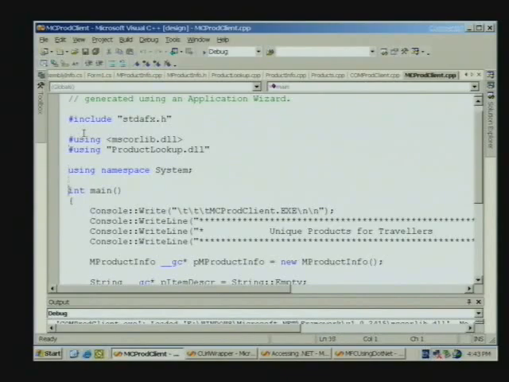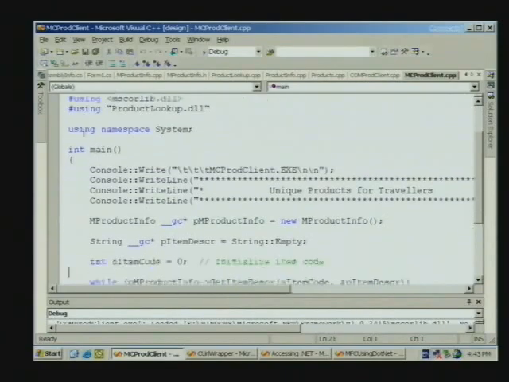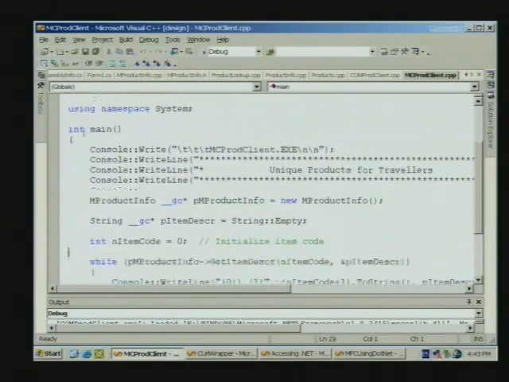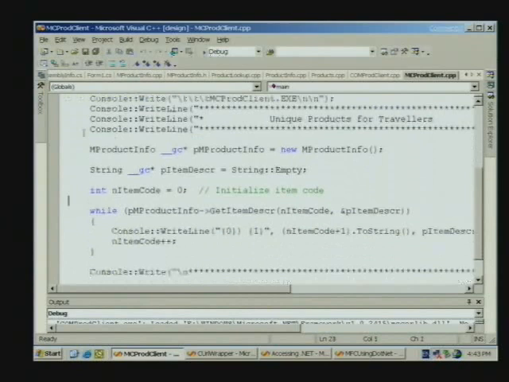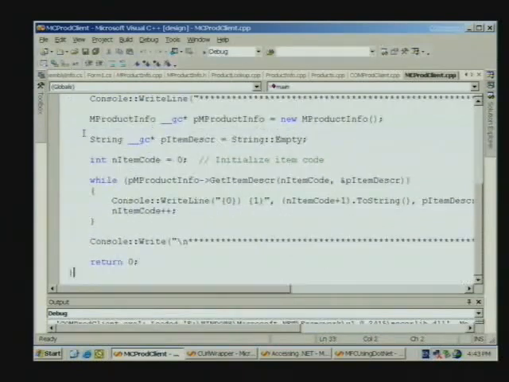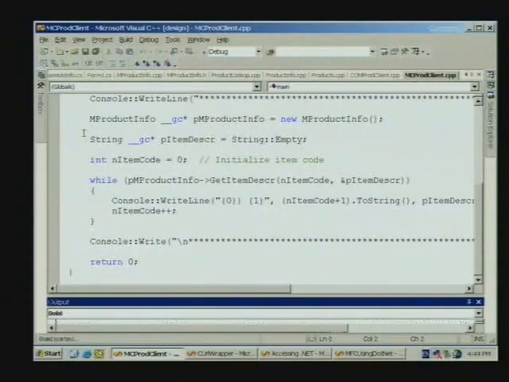so I can start using these functions. What you see in main is I'm using Console::WriteLine functions, which is the CLR equivalent of printf. And then I'm creating this GC class here that I'm getting from my product lookup component and from the wrapping layer within that. And what I'm then doing is use a System::String data type, setting it to empty first, and getting the item description, which I'm getting as a System::String, and then again using Console::WriteLine to step through all the returned items. So if I run this one,